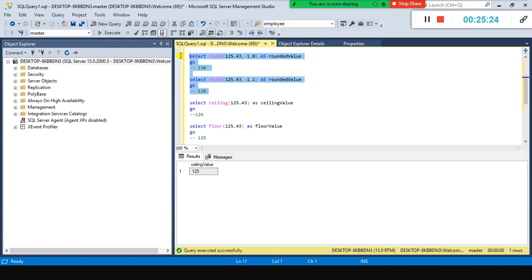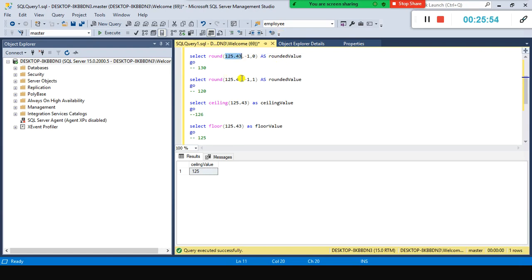This is quite an odd thing for you guys, but just remember when you use -1 for round, the third parameter is 0 and the other is 1. By default, if you don't specify, the default value for the third argument is 0. In that case, what it does is round 125.43 to the next highest value.